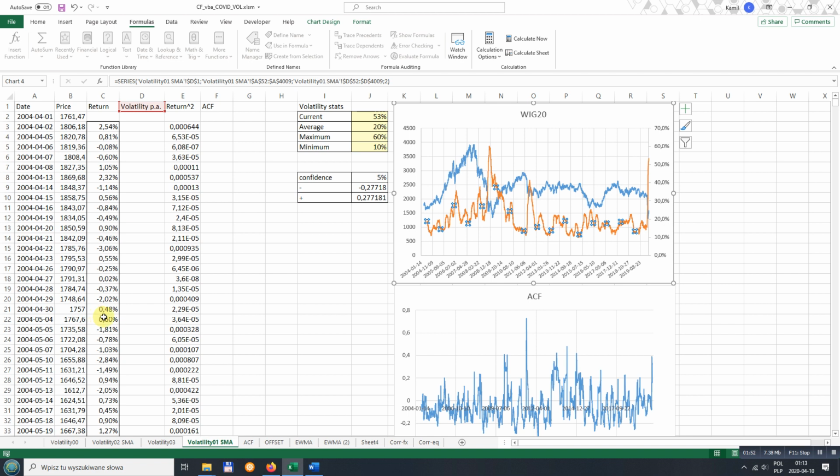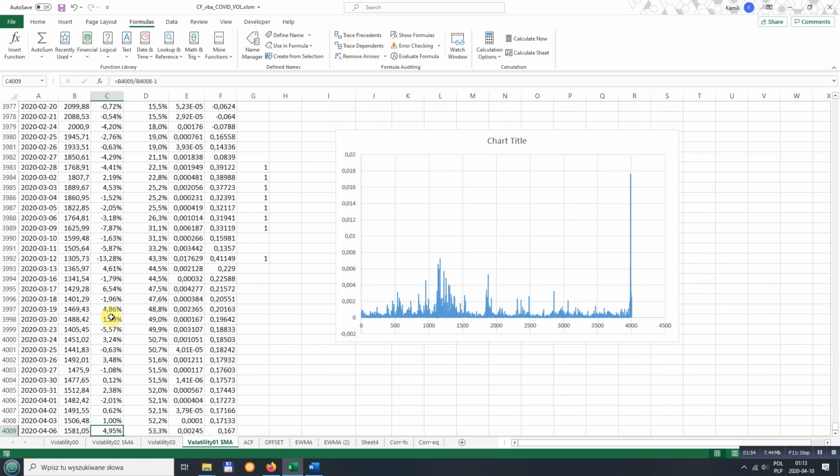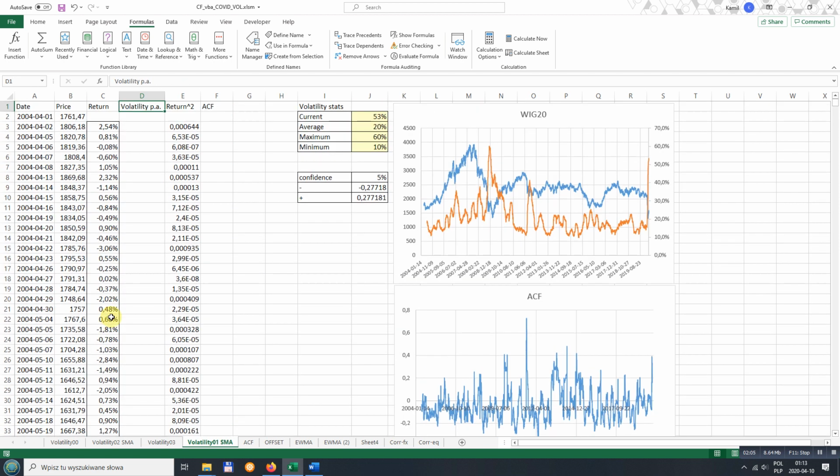For example, if in this case we present values based on the recent 50 observations, this may give us more information than if we just calculate the average, right? Take a look at the characteristics of our volatility. Average volatility for this rolling window would be 20%, but the current volatility, and by the way,